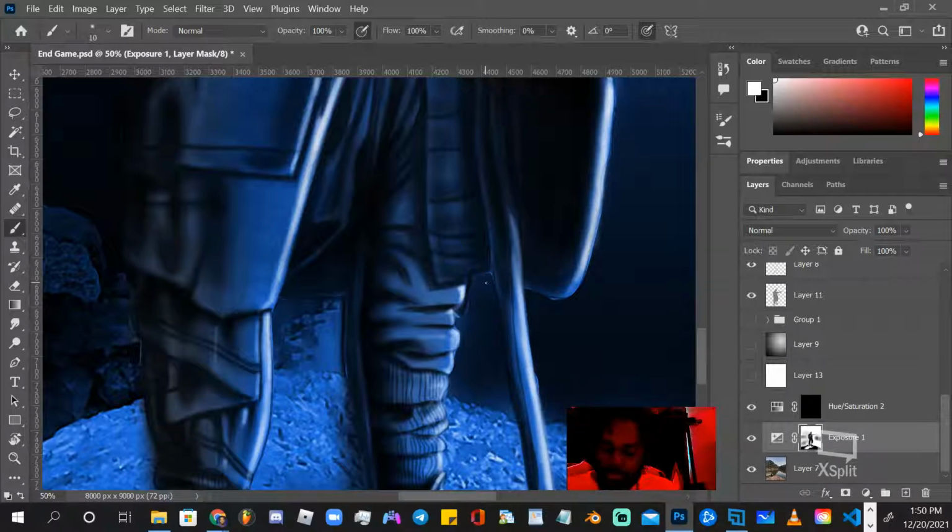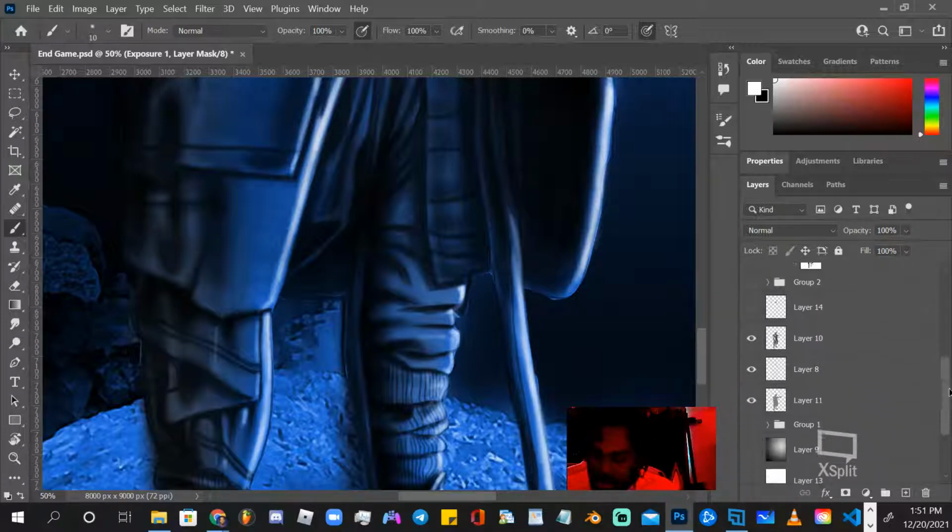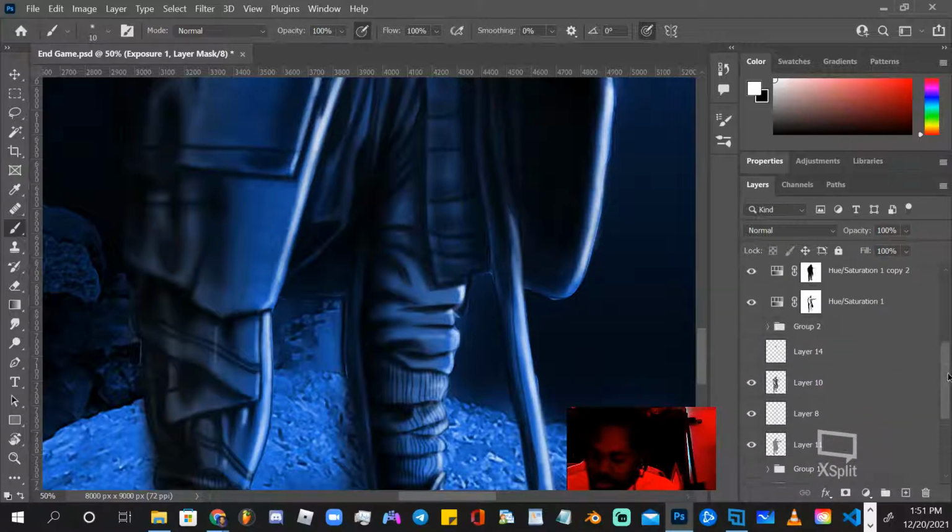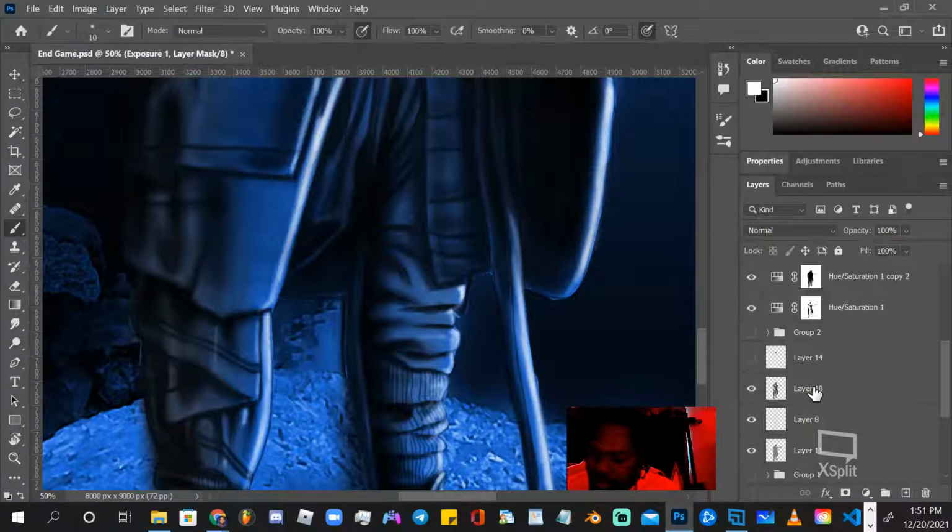Now, we got that harsh line out the way. That was just something that's just been sticking out to me this whole time. It's that shadowed area. It's a shadow where it shouldn't be.